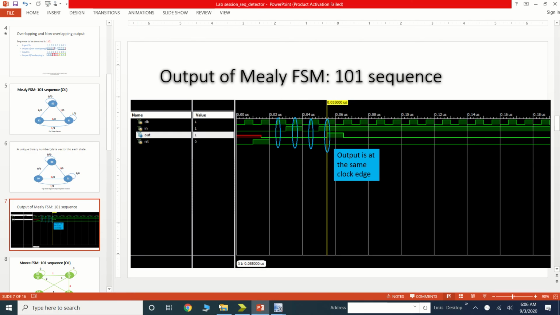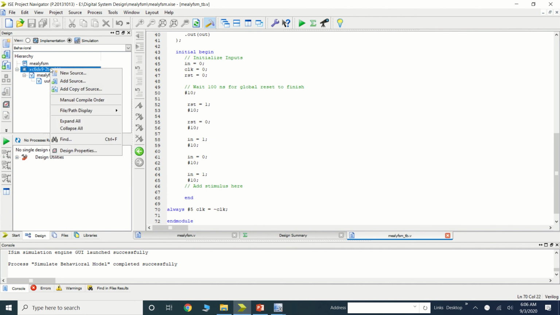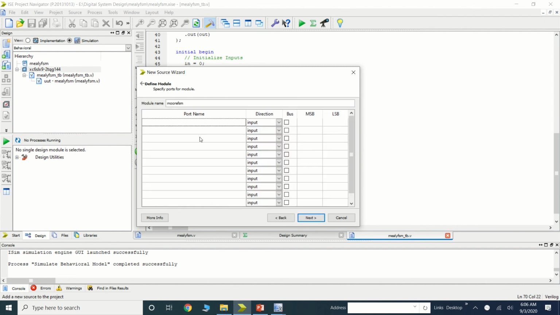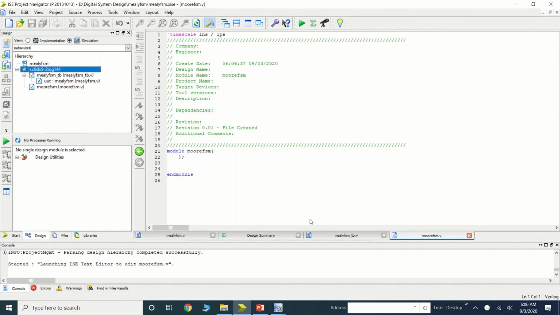Now the same way, let's do the Moore. So for the Moore, what I am doing, I am just creating the new source where I am designing the Moore FSM. Okay, so here already we have designed the Mealy.